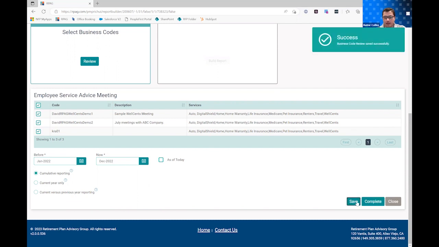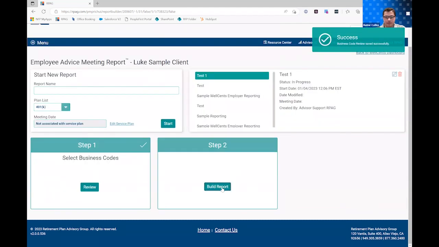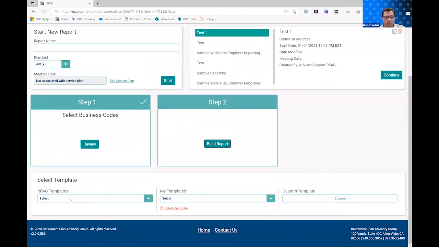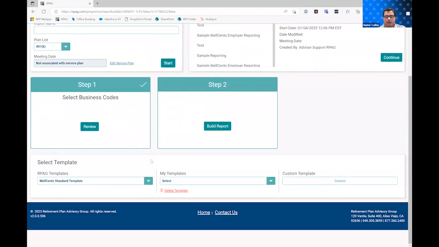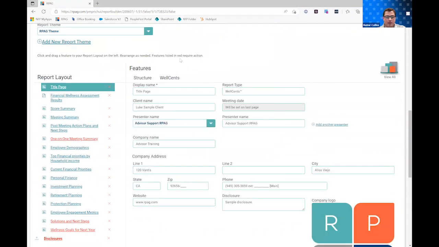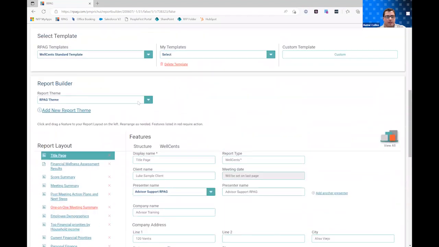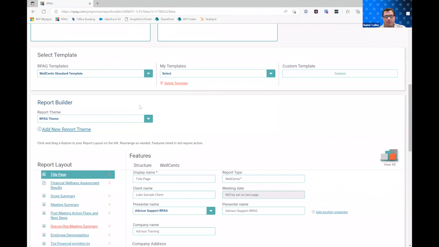So we can go ahead and click save, click complete, and then you'll see the report builder template looks the same as it always has, but now you have that extra information that you can utilize with that point in time to compare how your engagement's increasing, how the scores have improved,